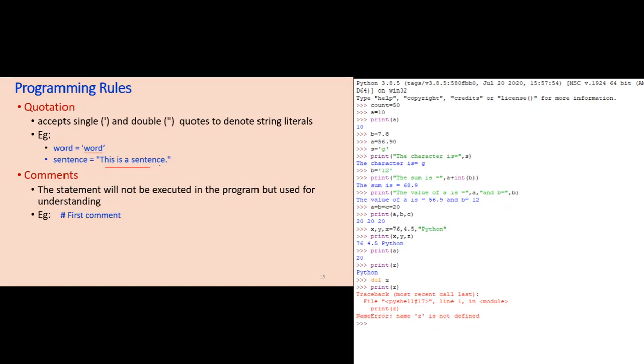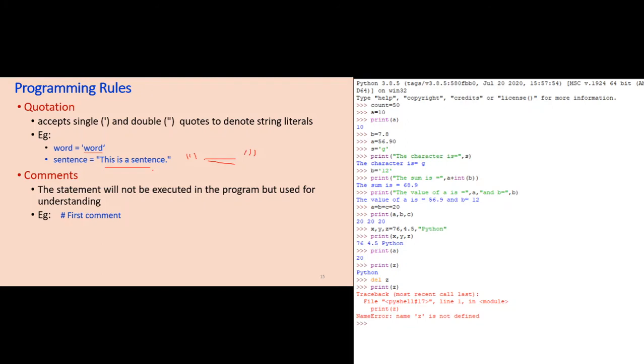It is accepted. Sometimes if we give triple quotation also, that is accepted. That means 3 times single quotation will be opening the string value, and again if we want to close the string, 3 times single quotation. That is also accepted. But most commonly we will be using single quotation and double quotation for representing a string.